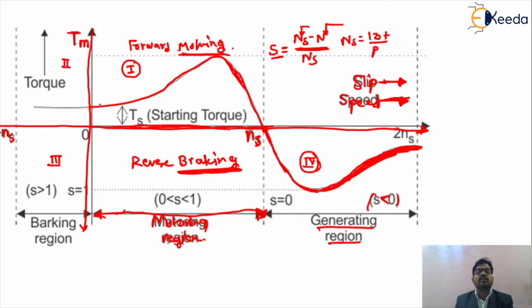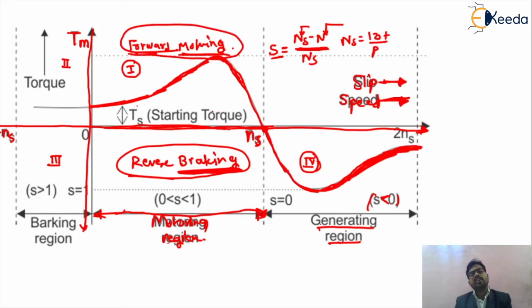So friends, from that particular speed torque characteristic of the induction motor, we can see the operation is multi-quadrant, meaning the induction motor will be operated in forward motoring and reverse braking operation. This is a very important concept in concern with your induction motor. The induction motor will operate first in the first quadrant, which is forward motoring, then it will be operated in reverse braking condition, as we know the direction of speed is reverse. So this will be the multi-quadrant operation of your induction motor drive.